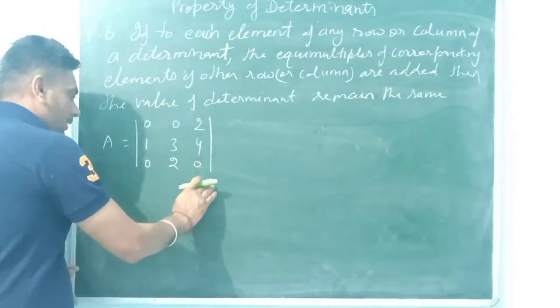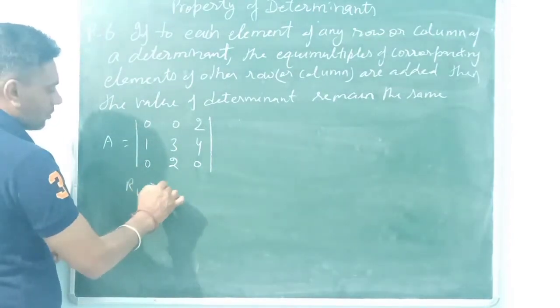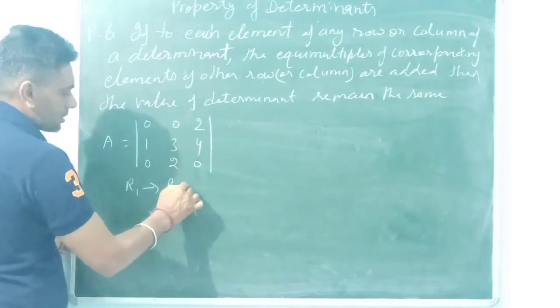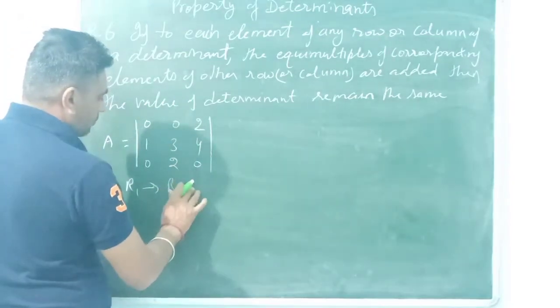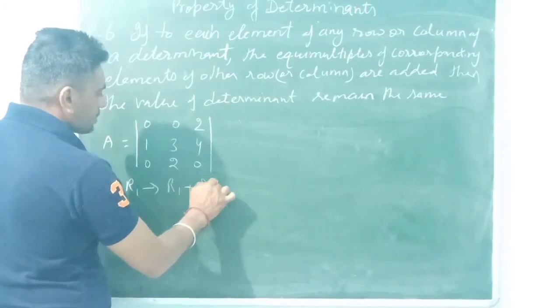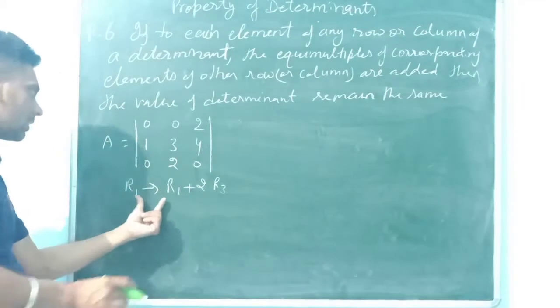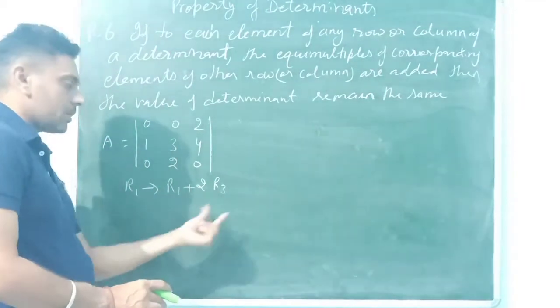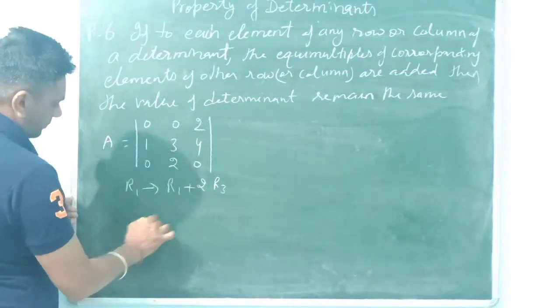If we change R1 to R1 plus twice R3, meaning R1 goes to R1 plus twice R3, then this becomes